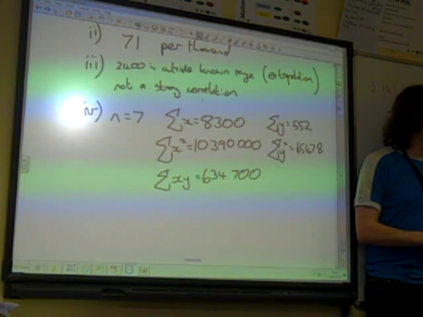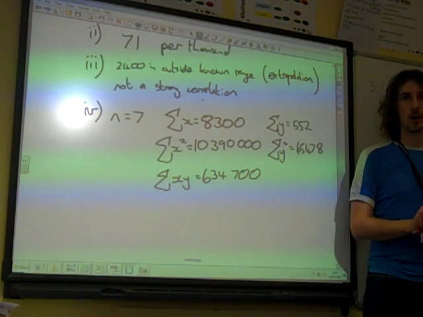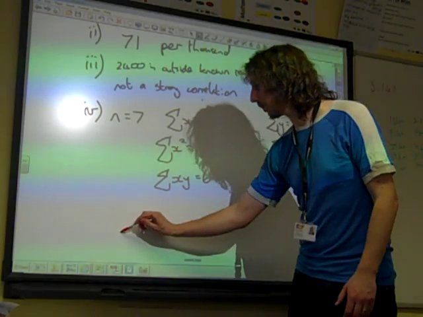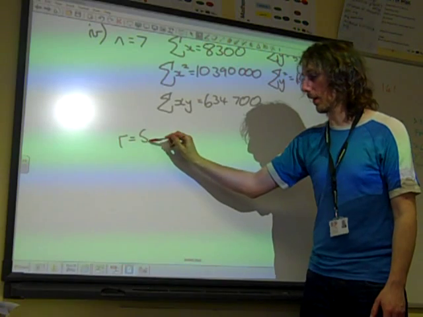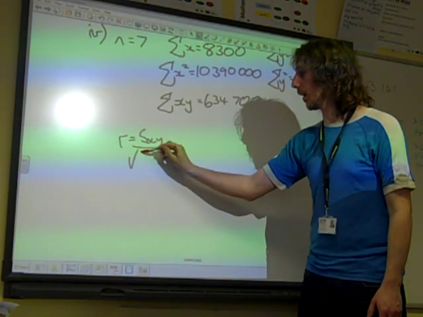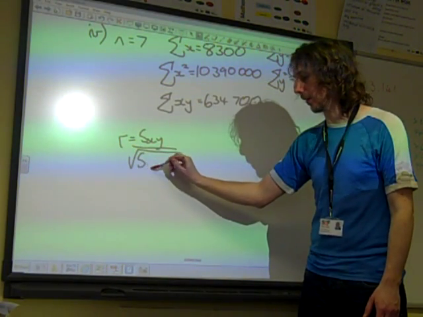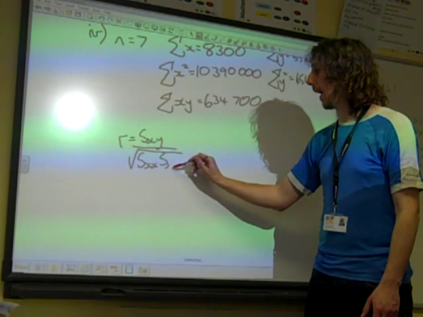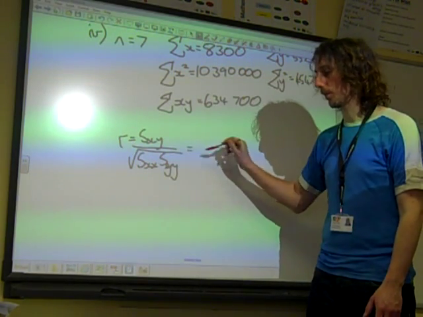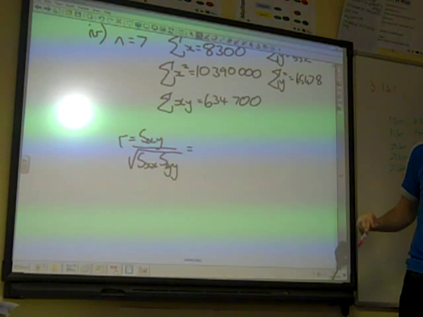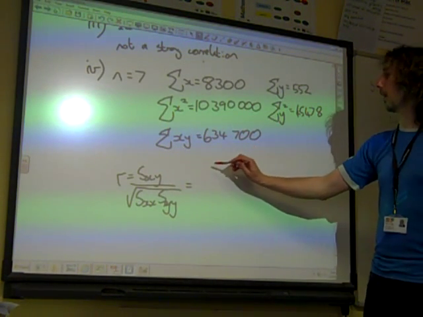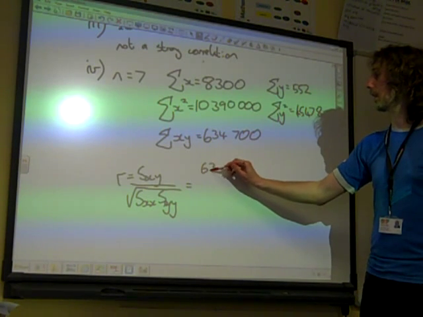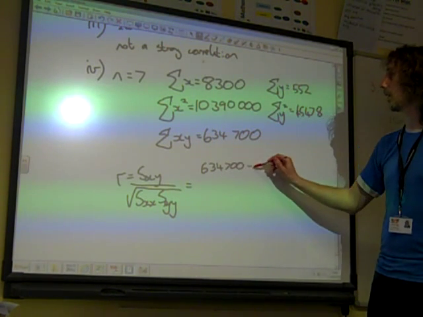All that's left now is to use those new calculations to work out the value of R. So it's just about being careful with your calculation now. Sxy over the square root of Sxx Syy. I actually did this all in one go with these. So I put in 634,700 minus